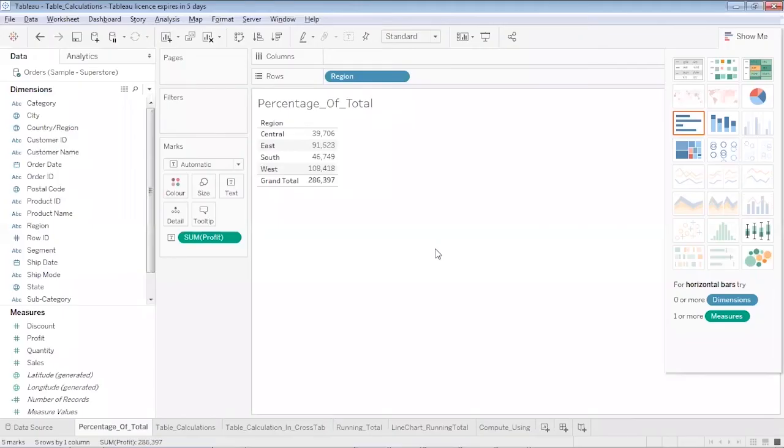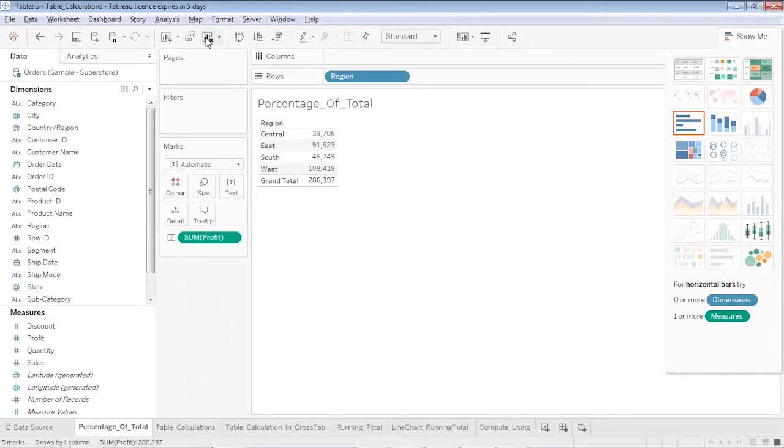So over here you will see I have written percentage of total. Here I am trying to plot the relationship between the regions and the profit generated by each region. You can see we get the highest profit generated by the western region and the minimum by the southern region. Now, apart from the profit, I would like to show these values as a percentage of the total. So if I have to show how much is the profit of central as a percentage of total, how much is the profit of east as a percentage of total, I can do that here using my table calculations. I'll tell you how to do that.